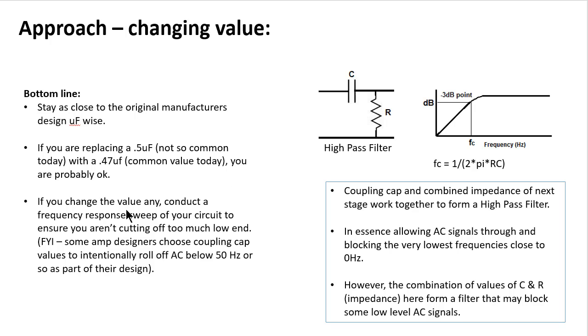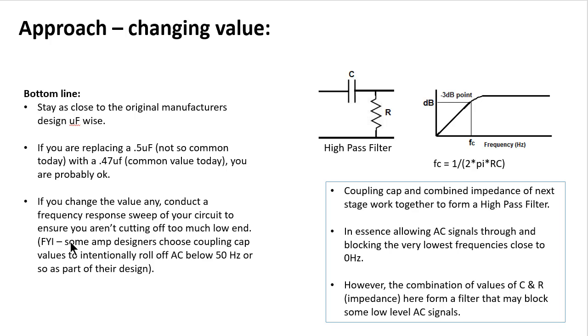If you were to change the value more, let's say you didn't have a 0.47 and all you had was a 0.68, and you said, well, I wonder if I could use this 0.68 instead of this 0.5, I would recommend you conduct a frequency response sweep of your circuit. If you want to know how to do that, I've made some videos on the Analog Discovery 2 setup. But you would need to do a frequency sweep and make sure you're not starting to drop off too much on the bottom end,